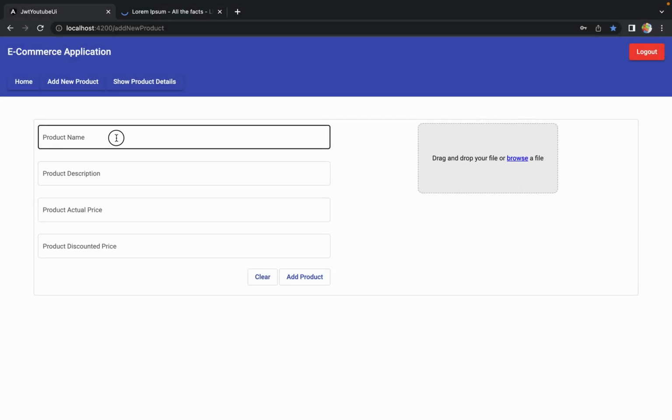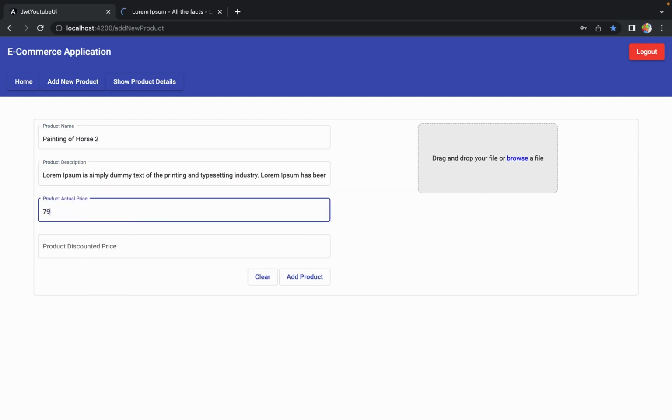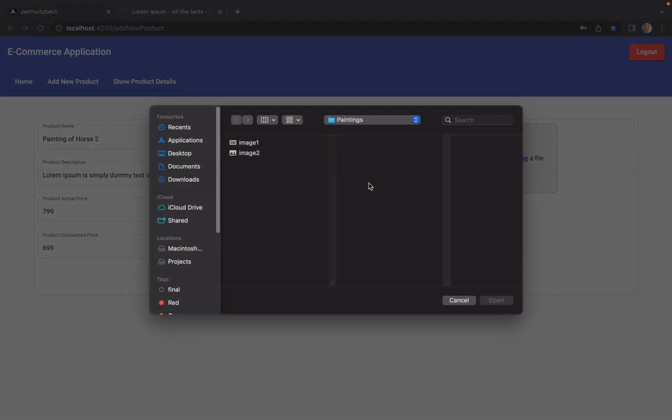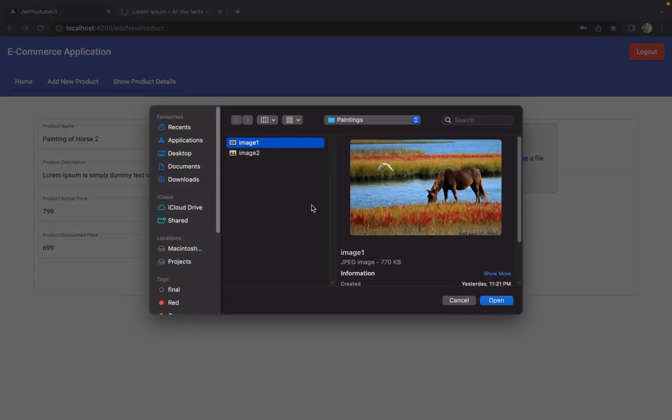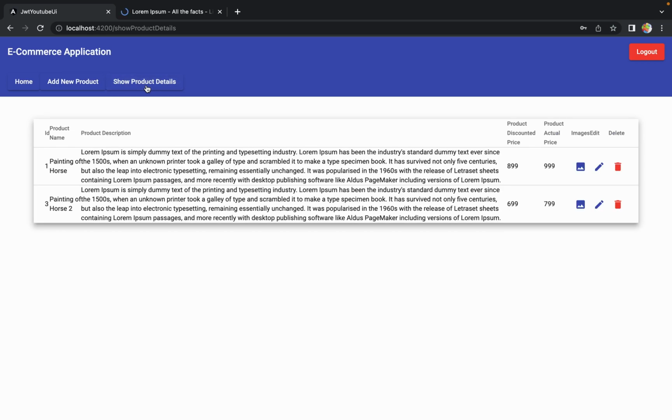And similarly, let me add one more product. So painting of horse 2. Product description, again I'm going to use a lorem ipsum. The price is 799 and discounted price is 699. And let me add the second image. And now if I go to the show product detail, if you see, this is the table,